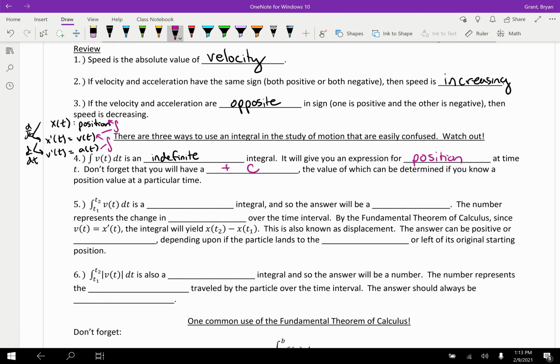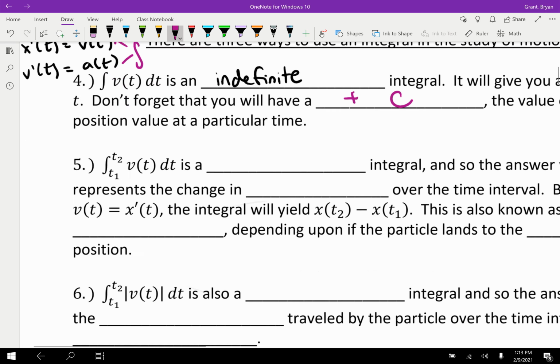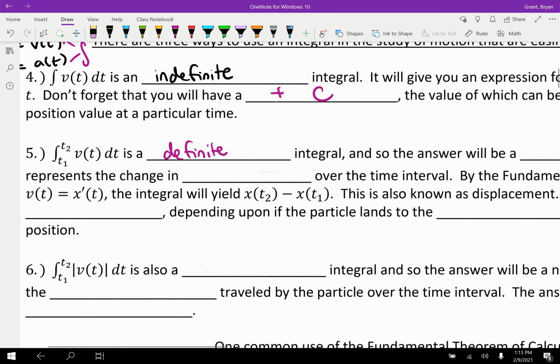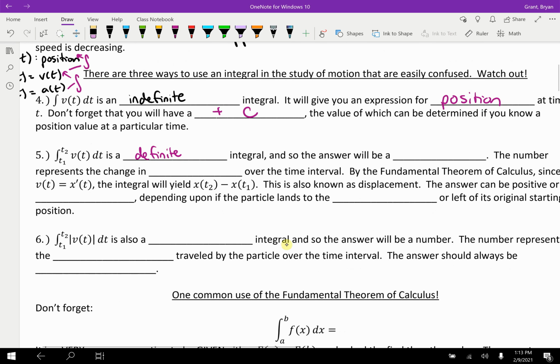The second type of integral we see in particle motion is a definite integral, one with 2 limits of integration here. And so the answer will be a value or a number. Now, that number is a little tricky. So I think maybe to best understand it, we need to realize that if we do, and I'll just take the space up here,